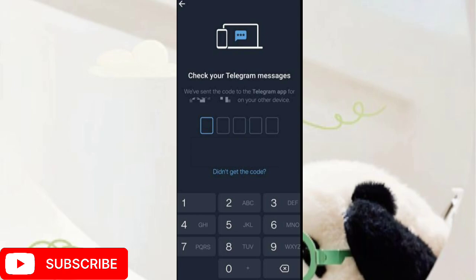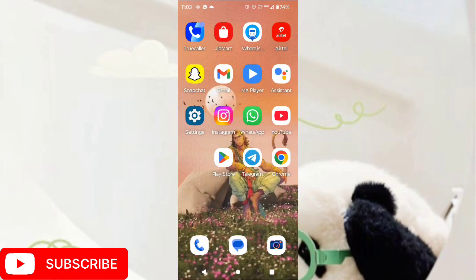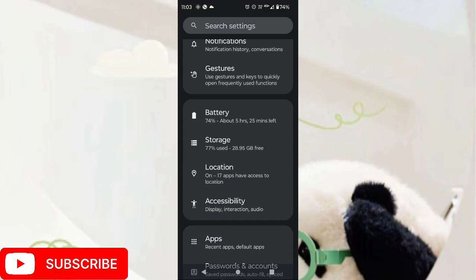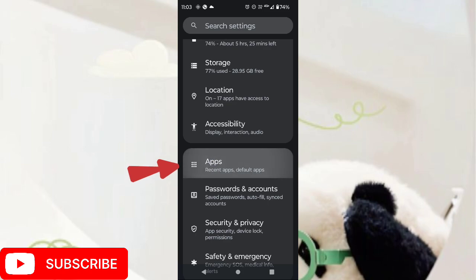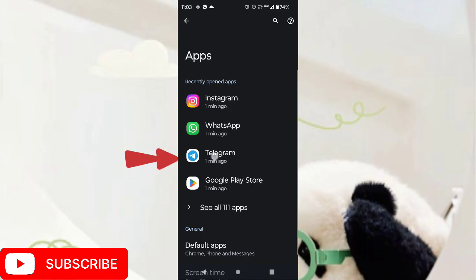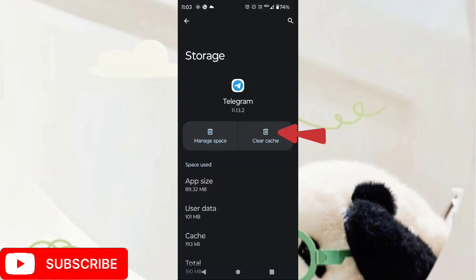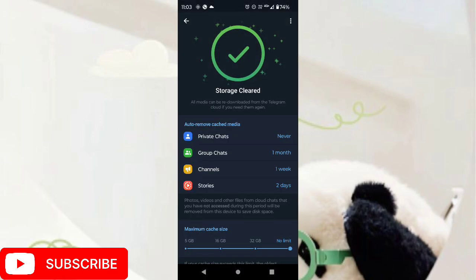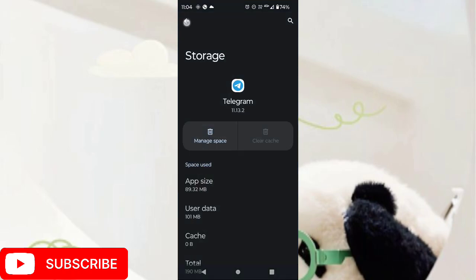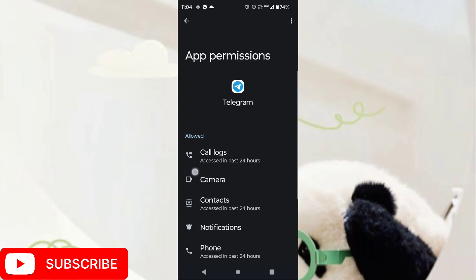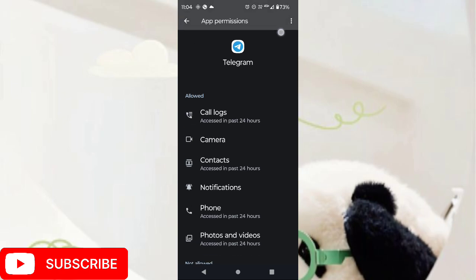So in this video we will talk about how to fix Telegram code SMS problem. So firstly, open the settings app on your device, scroll down and click on the apps option. Now click on the Telegram, click on the storage and cache, tap on the clear cache and manage space. Now go back to the previous page and click on the permissions option. Now allow all the permissions,